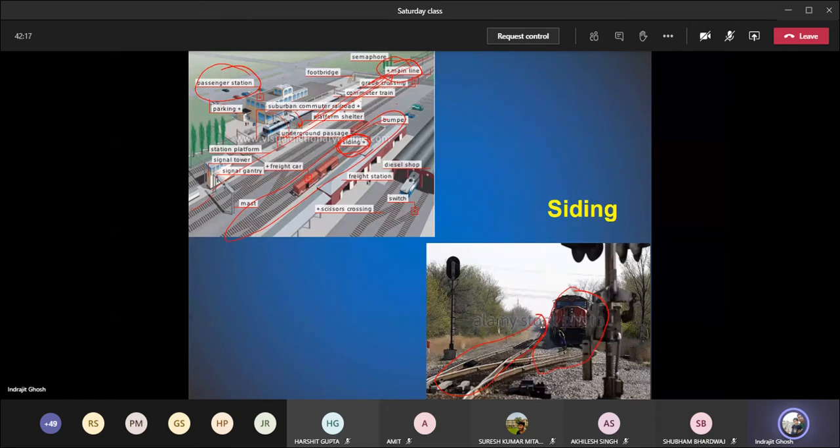So siding is basically a particular track where you have designated low speed. So low speed track section which is different from the running line or the through route, through which the train will be coming, or in some cases the train will not stop at that particular railway station, rather it will be continuously moving. So with respect to the running line and through route, sometimes we have a separate line where you can see lower speed. This particular low speed track section is known as siding.